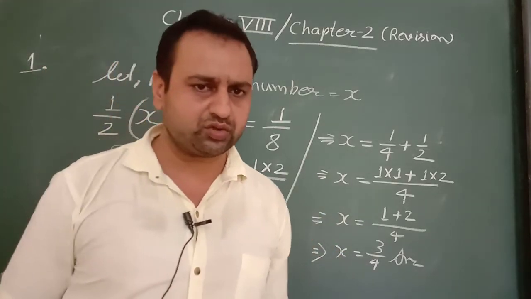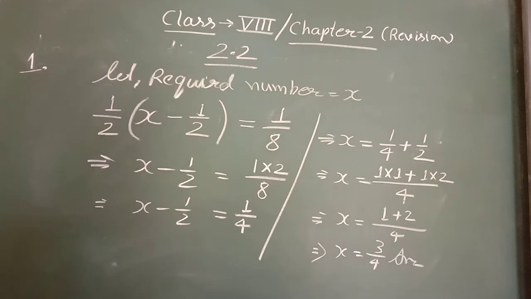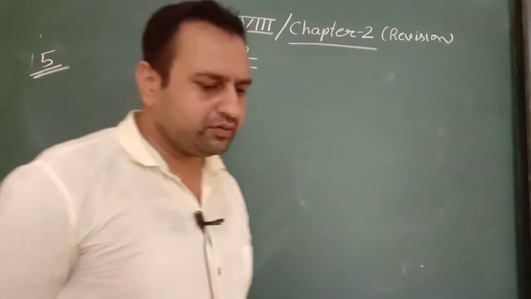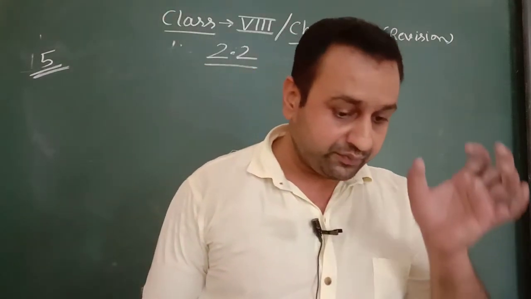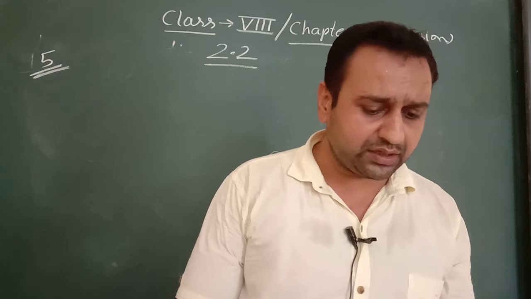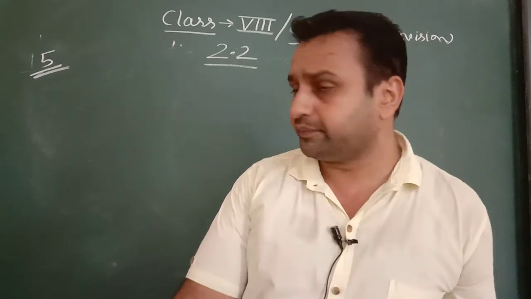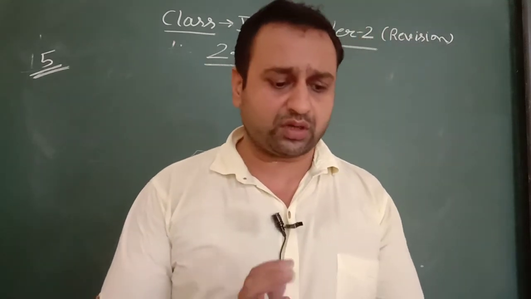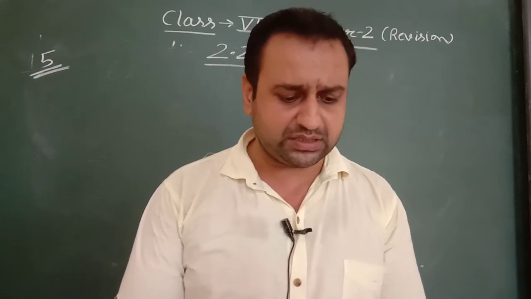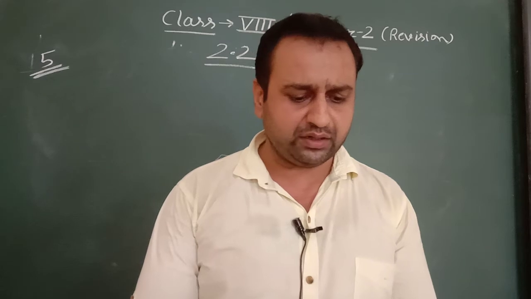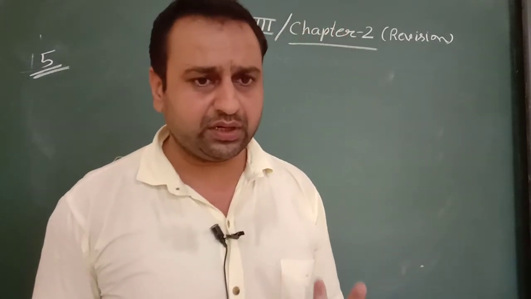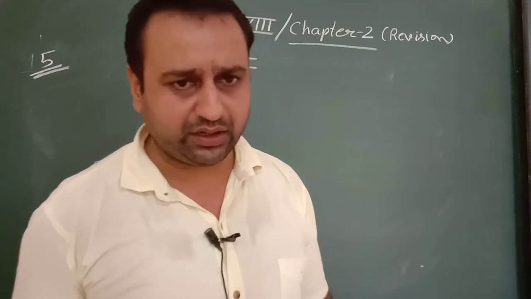I hope you understood. Just note down it. Now student, we try question number 5. In the question number 5, two numbers are in the ratio 5:3. यानी कि दो नंबरों के बीच में 5 और 3 की रेशो है and their difference is 18. So find what are the numbers. In this question we have to find out two numbers but we can use only one variable.